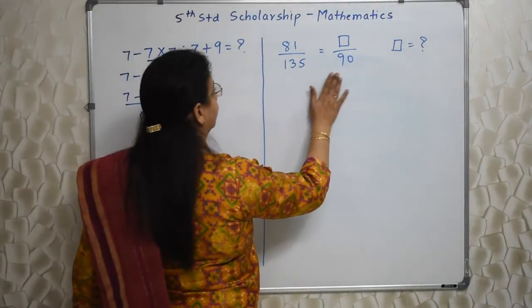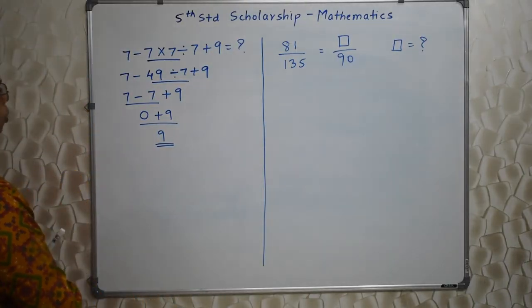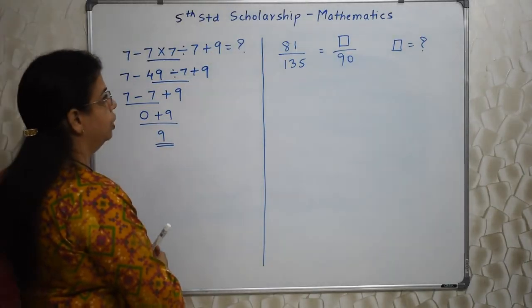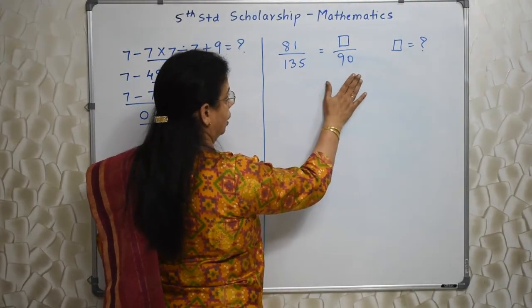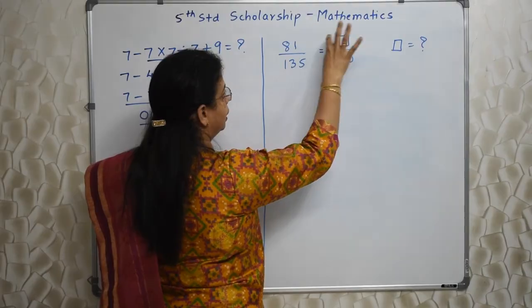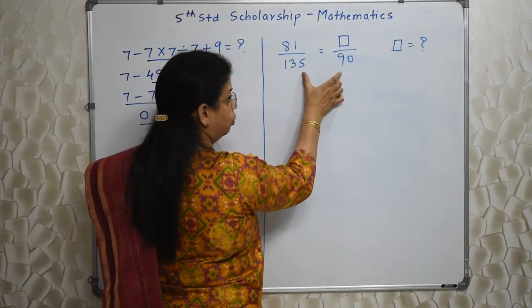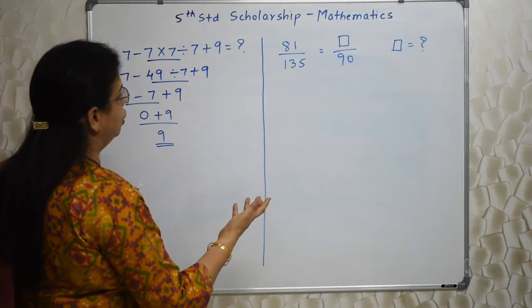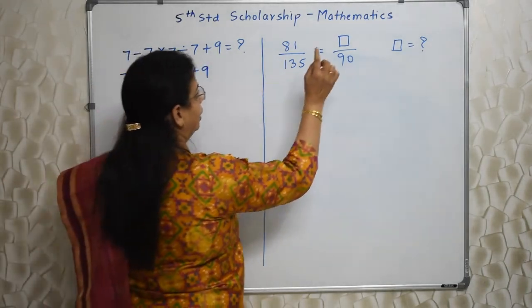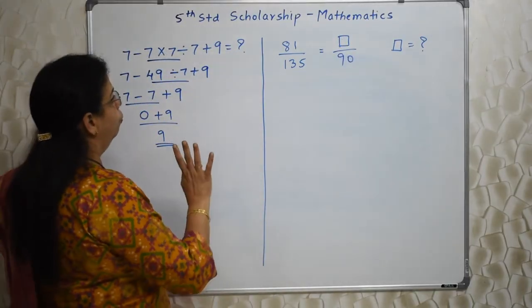Okay. Here, next one. 81 upon 135 is equal to box upon 90. We need to find out which number will come in place of the box. They are fractions. These two numbers are related, and these two numbers are also related. So we need to find out whichever relation is possible to arrive at this value. We will take help of that relation, right? Now first thing is,